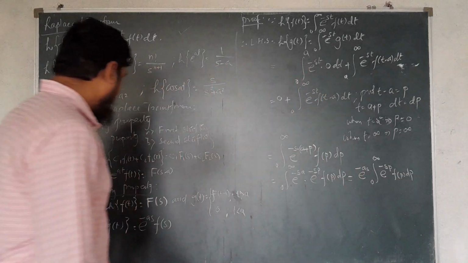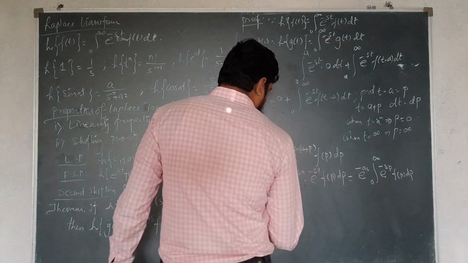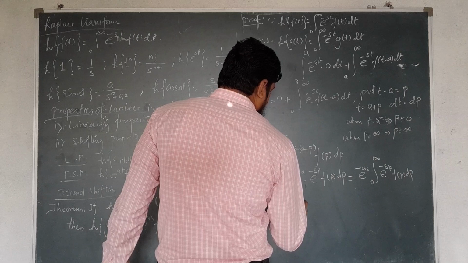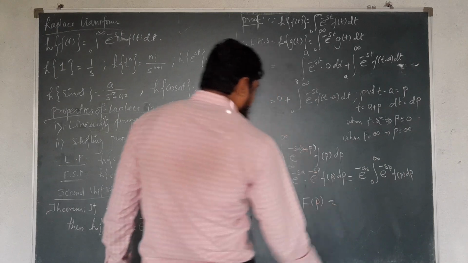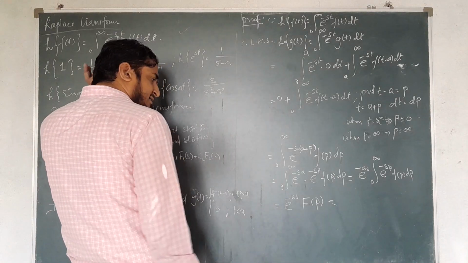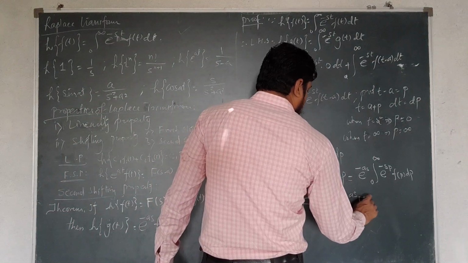Correct? Now we can write this equation as e raised to minus as F(p), and if we replace this p by the parameter s, we can write it as e raised to minus as F(s),